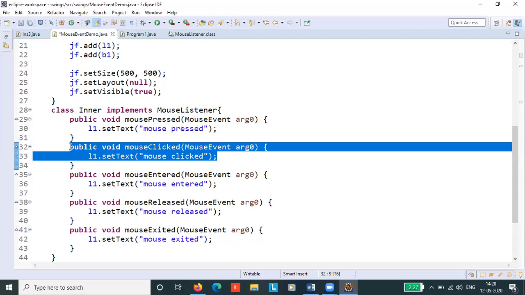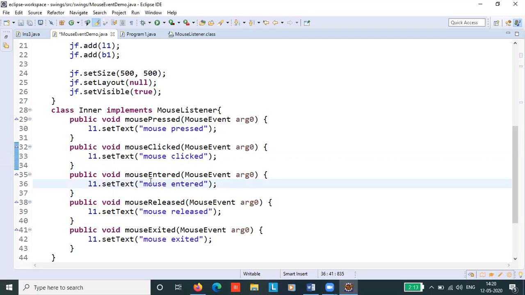If we click the mouse on our frame anywhere, we want to display the text mouse clicked. This program is just to demonstrate the mouse listener interface and the methods related to it. So we have to implement all the 5 methods.